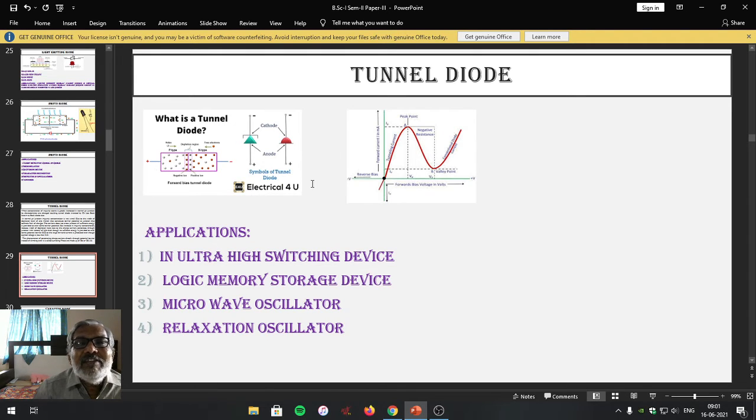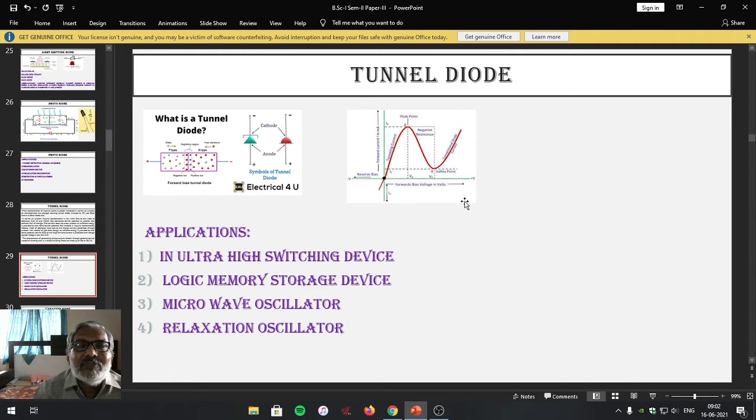Now let us go for the IV characteristics of the tunnel diode. Dear students, by connecting this particular tunnel diode in a circuit with a proper power source that forward biases the p-n junction diode, and by measuring the current flowing through the diode and the voltage developed across it, by plotting the graph of current flowing through the diode versus voltage developed across the diode, we get the IV characteristics of the tunnel diode, which is represented in this particular figure.